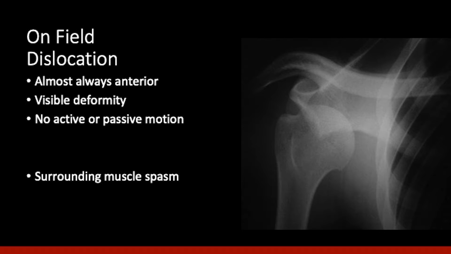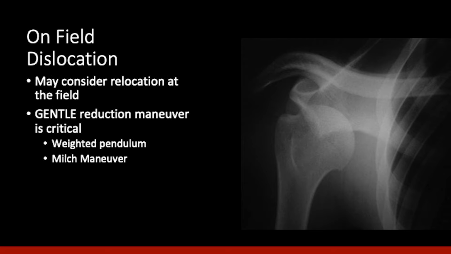So as you can get a hint from this x-ray of an anterior dislocation, what's really happened here is as the ball slips out of the socket, the surrounding muscles spasm and they try to pull the ball back in. But what will happen is that the posterior aspect of the humeral head will impact on the anterior rim of the glenoid and it'll get locked there. The only reason it's locked there is because those surrounding muscle groups are holding it against there. And when those muscles eventually fatigue, a lot of times that shoulder will spontaneously relocate. So with that in mind,